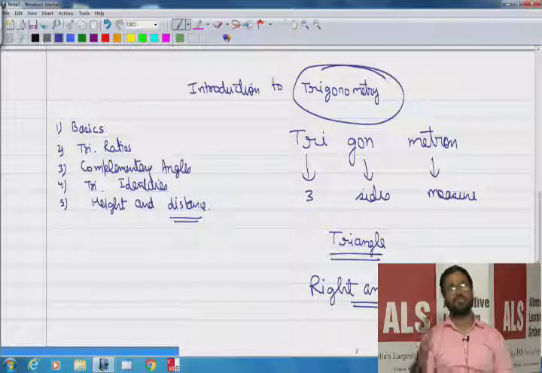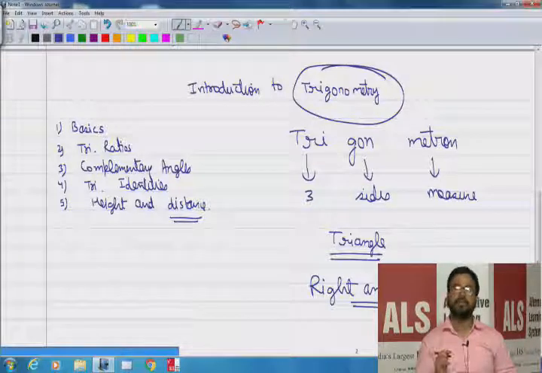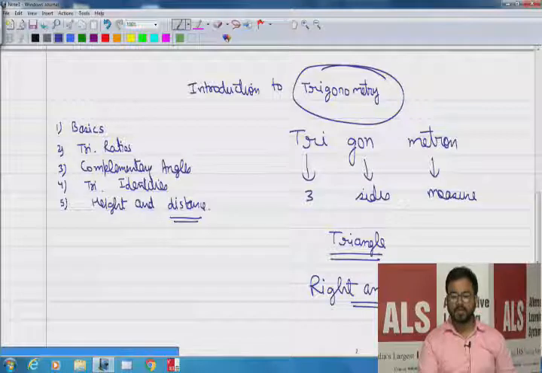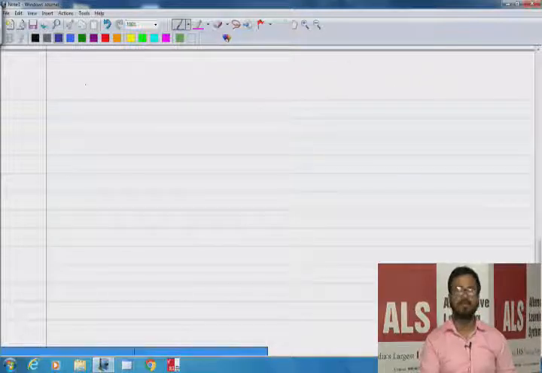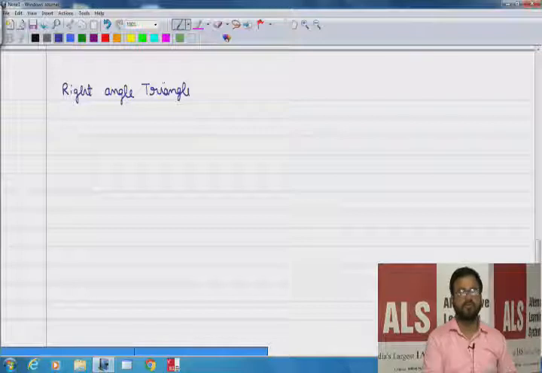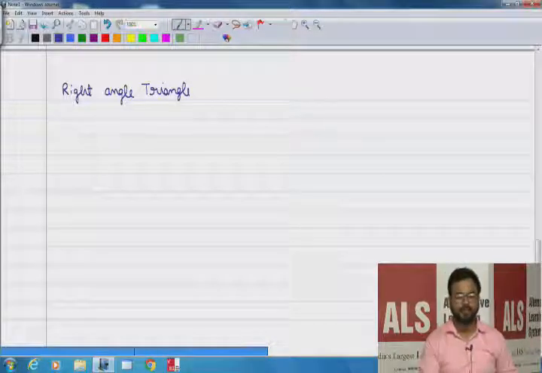All the questions related to acute and obtuse can also be solved, but in 10th class we will study the trigonometry related to only right angle triangle, right? Now let us discuss the right angle triangle first. So all of you know that a right angle triangle is a triangle in which one of the angles is 90 degree. So let's say this is the right angle triangle